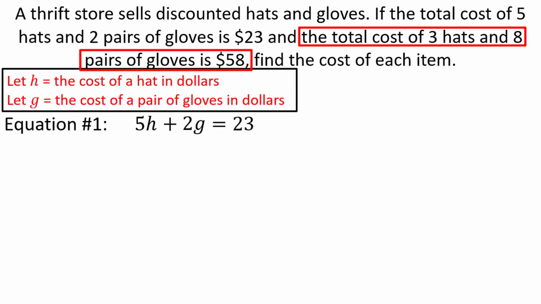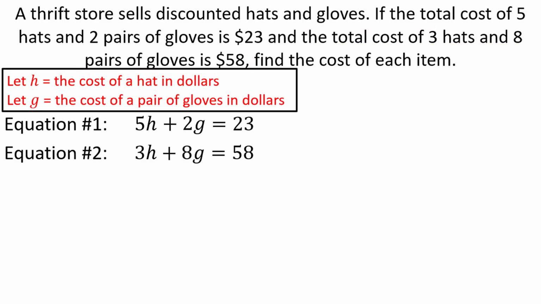So our equation is 3h plus 8g is equal to 58. It would take quite a bit of work to solve for one variable here to use the substitution method, so let's try to use elimination instead. Remember that in order to use elimination, we need each equation to have the same coefficient on the same variable, just with opposite signs. If we multiply both sides of the first equation by -4 and distribute, we have a